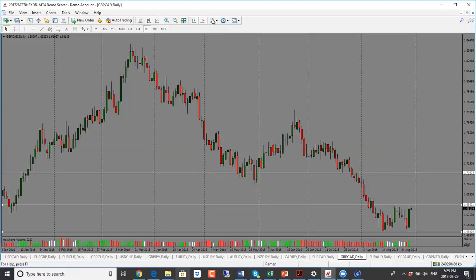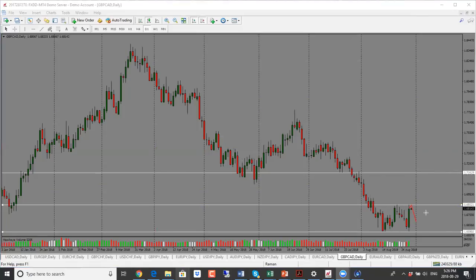So now we are into the top of the range scenario. When we are trading a range, there are two things we have to watch out for. We have to be very mindful of the top of the range because two scenarios can happen. In this case, this will be the scenario I'd be watching out for. However, the second scenario is that price goes in to test the high and then comes back into the middle of the range. We do have news coming out for Canadian dollar tomorrow, so that will have an impact on this pair as well. But with British pound going up across the board, this one has gone up as well.